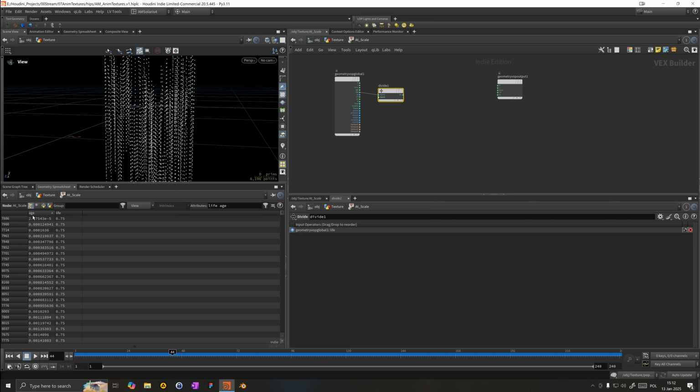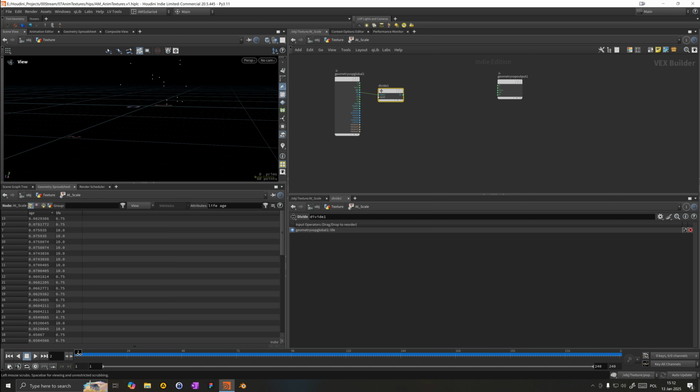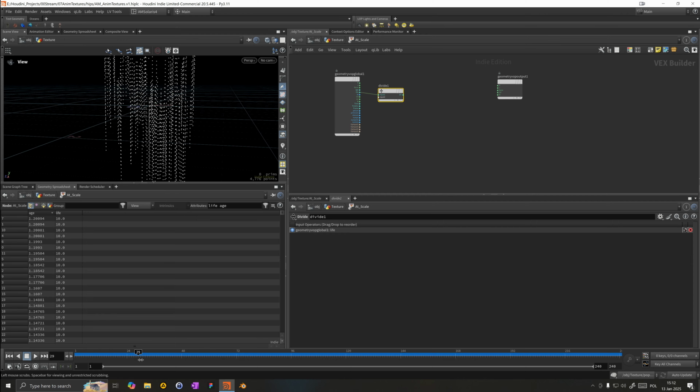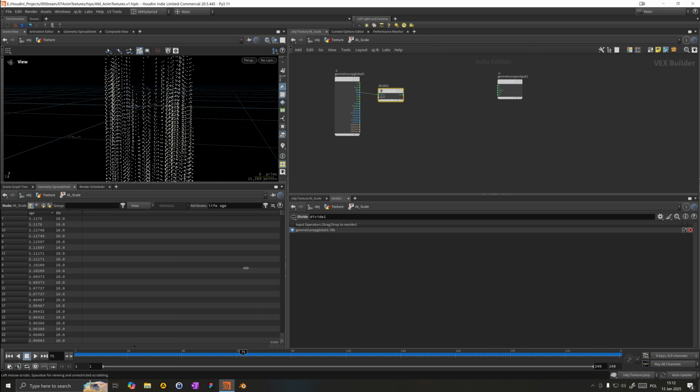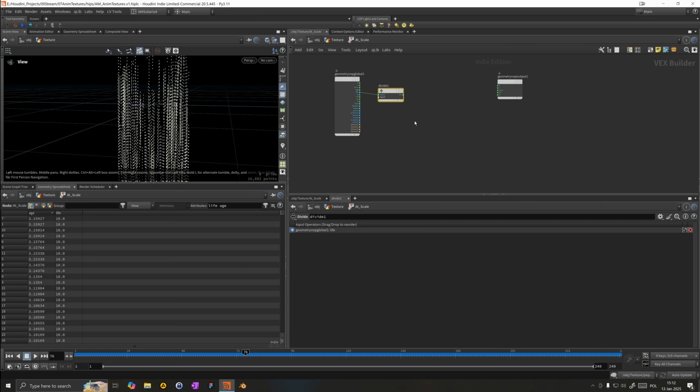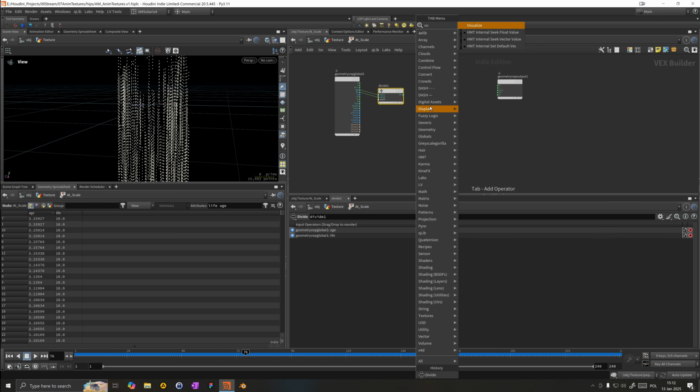And then the age is an attribute that just goes up until it dies, basically. So this one goes up until 10 and the other one goes up until 0.75. But if I divide age by life, so age by life, I don't know if I need to be this exact, and then do a visualize here,